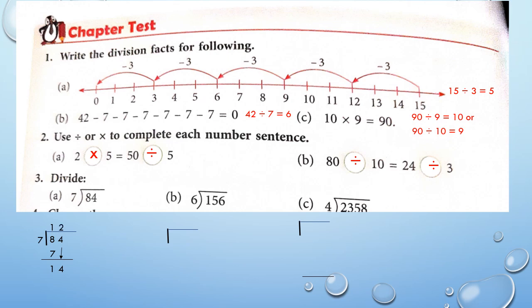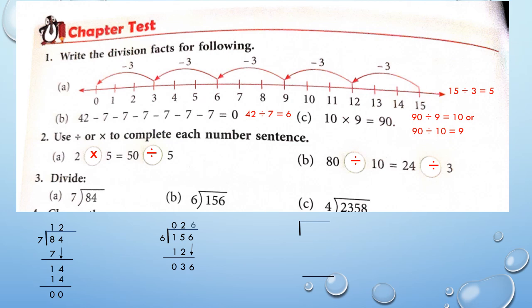156 divided by 6. So in the table of 6, 1 does not come. So we have to write 0 on the top of 1. 6 twos are 12. 15 minus 12 is equal to 3. Bring 6 down. 6 6s are 36. 36 minus 36 is equal to 0. So the answer will be 26. I think now you all know how to do the division, right? You are thorough with this after so many